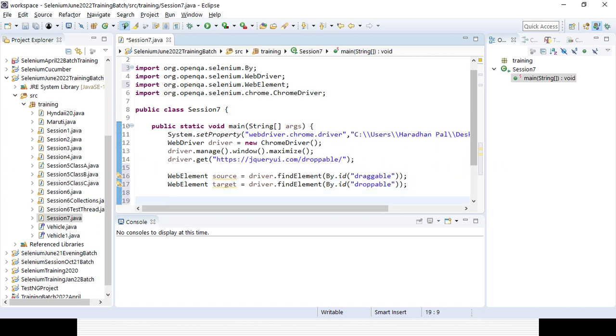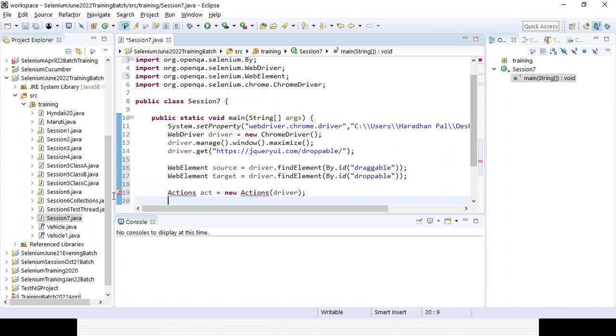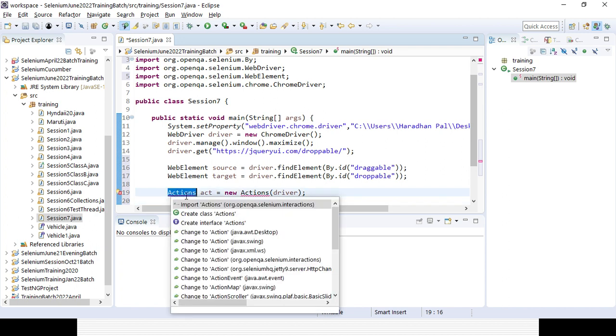So I need to create an object or instance for the Actions class. There is an Actions class available in Selenium WebDriver. So I'll be creating an object or instance for the Actions class. Suppose this is the object equal to, how can I create it? So new Actions. Here I need to provide the driver information, that is the only difference. Otherwise the remaining thing is the same, right? Similar way you can create the object or instance. In Java you already learned how to create the object or instance for any kind of class,